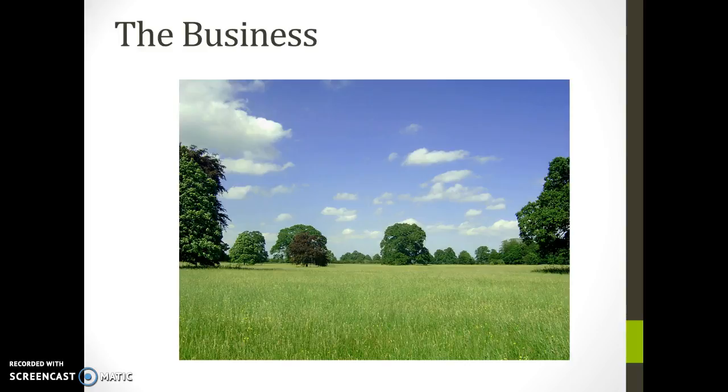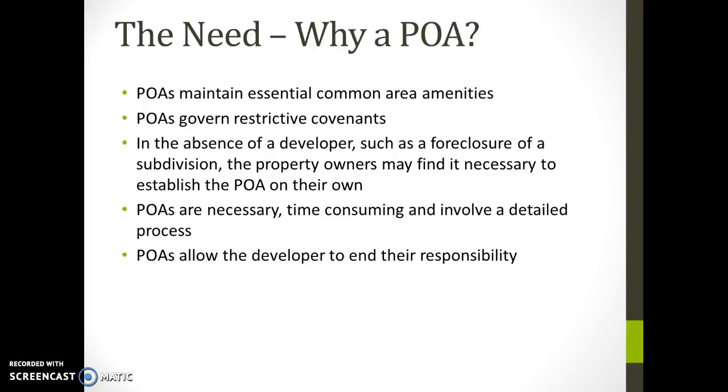The way residential real estate development usually works is a developer would buy a vacant tract of land, meaning there wouldn't be any structures generally on it, it would just be open land, and they would subdivide that land into lots and then put in roadways and generally underground utilities and any amenities that the subdivision would offer. So that's kind of in a nutshell how the residential real estate business works.